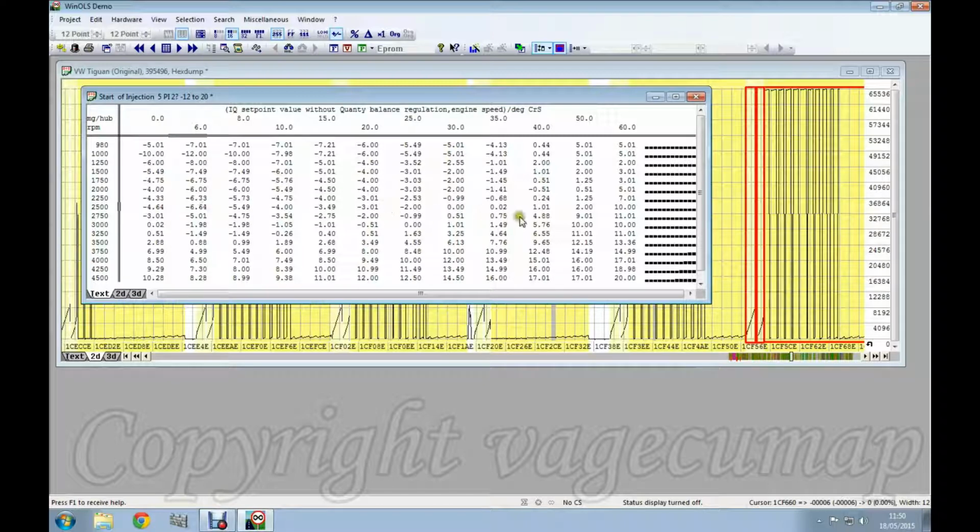The only way to be absolutely sure is to look at a Damos, and if the Damos is complete, with luck the maps will have descriptions telling you what they are for. I don't have a Damos file for this particular file, and so it's very, very difficult to be certain what the maps represent. All you can really do is take your best guess by looking at the values in